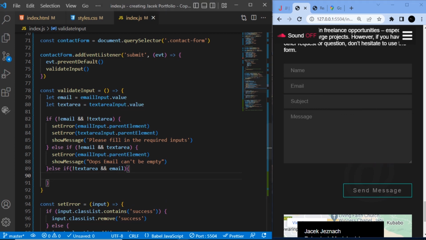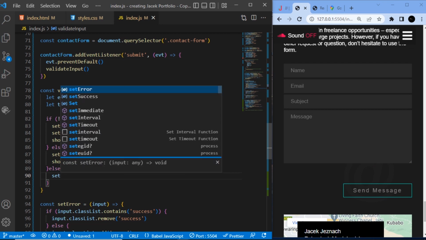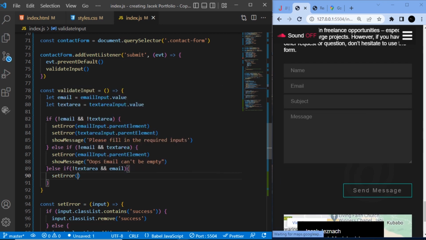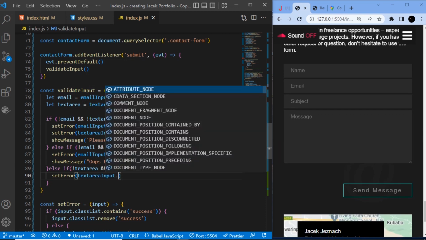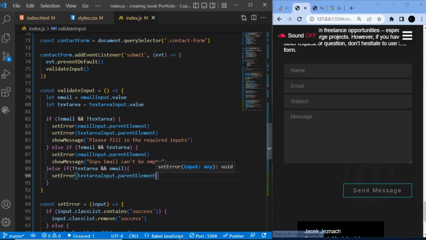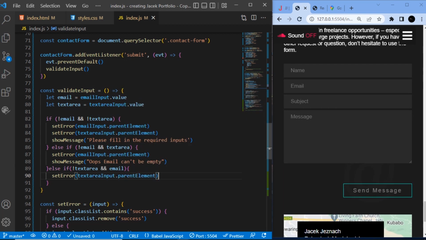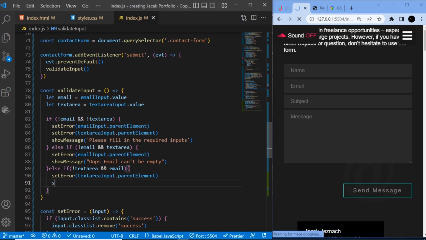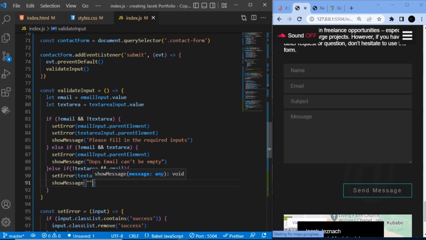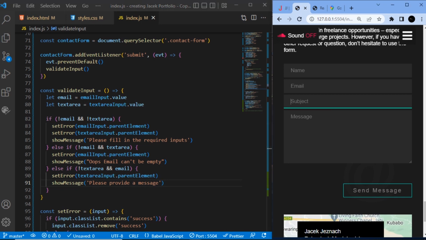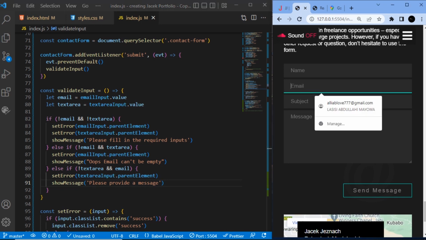So to do that, we're gonna call our set error, and then we want to pass in text area input dot parent element, so that we add the class of error to it, and then we're gonna show message, and in here we're just gonna say please provide a message. Okay, so now if I add my email address, let's say I add my email address like so,